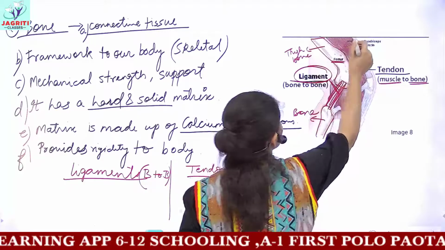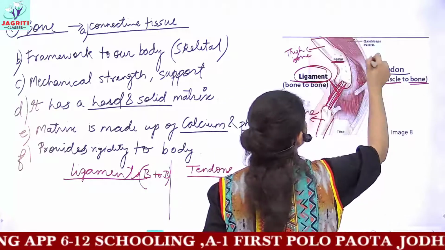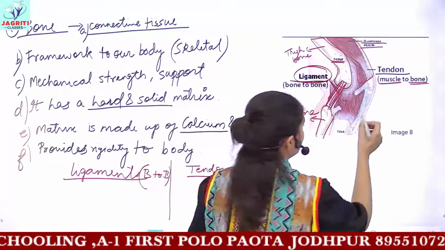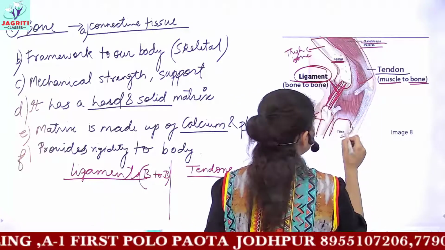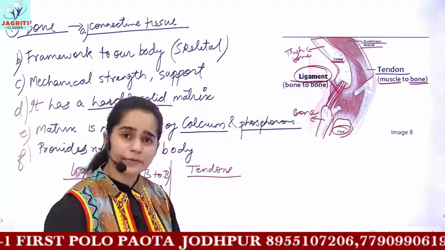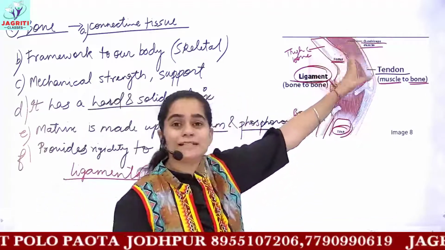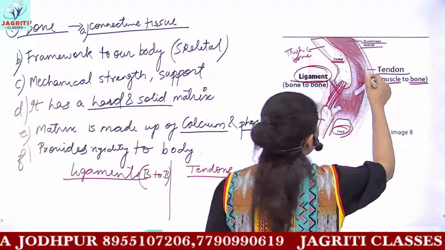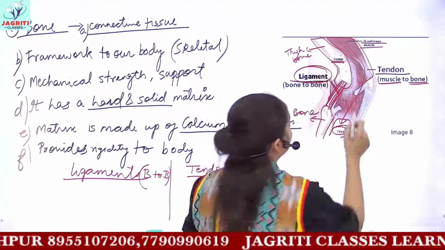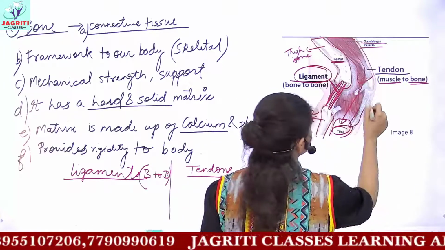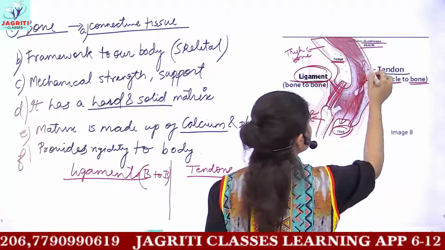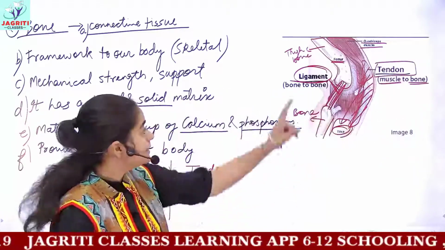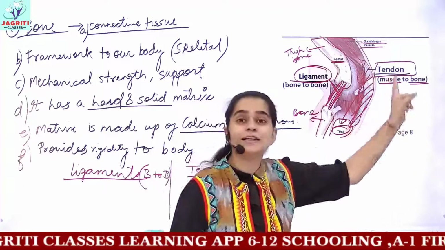Okay, see, these are your muscles. These are written quadriceps muscles, and then you have a bone here. This is a bone, tibia. Okay, it is your leg bone, and these are the quadriceps muscles, that is the muscles present in your thighs. So these muscles are joined to your leg bone, tibia, by this structure. Can you see this gray part? This gray part is known as tendon, and tendons are responsible for connecting a muscle to a bone.